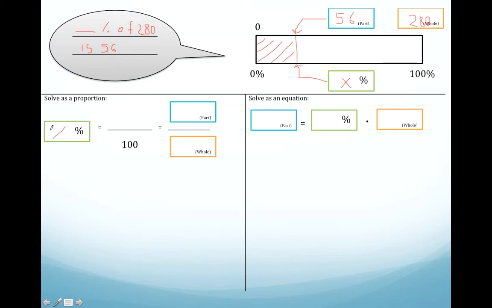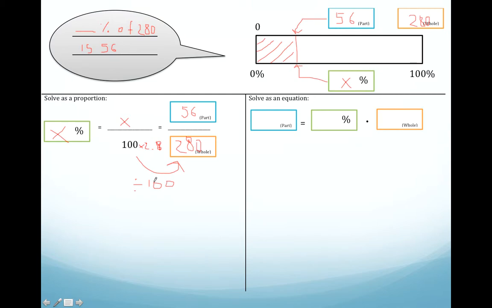Okay, so my percent is unknown. I don't know what it is. Part is 56 and the whole is 280. This is 280. Okay, how do I solve it? To go from 100 to 280, I can multiply by 2.8, which is 280 divided by 100. This pencil is not cooperating right now. So 100 times 2.8 is 280, or just simply divide by 100,